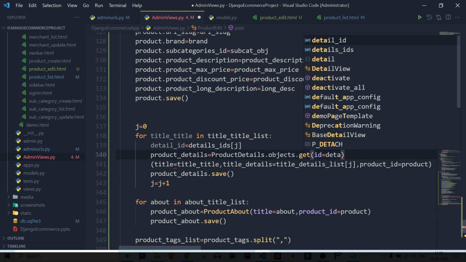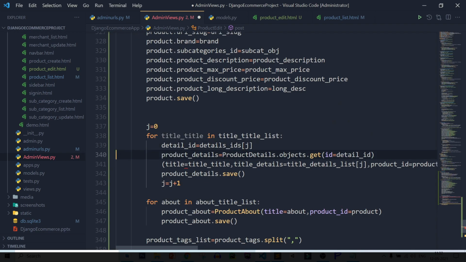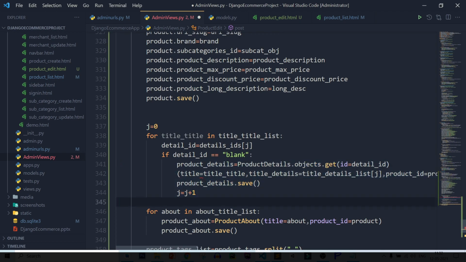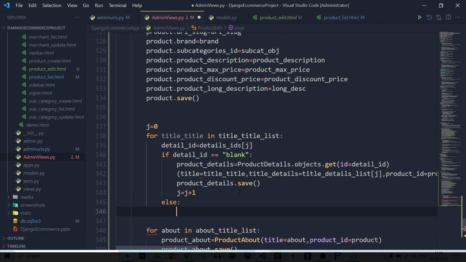So detail_id, and also here adding the condition, if detail_id equal to blank, then create the data, else update the data.